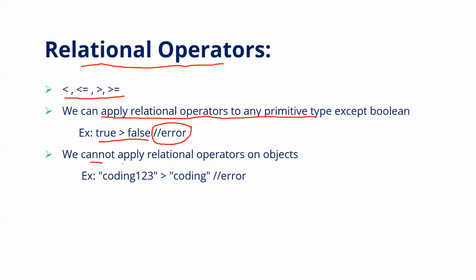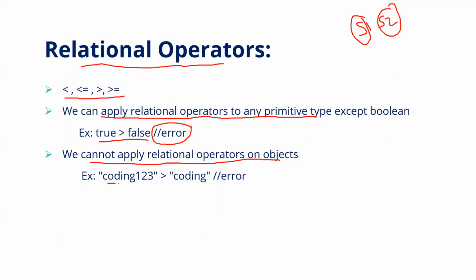Similarly, we cannot apply relational operators on objects either. How can we apply relational operators on objects? For example, there are two objects, two students: student S1 and the second student S2. We cannot apply relational operators directly on students, right? Instead, we can apply the relational operators on their properties. If student 1 has a certain height and student 2 also has a certain height, I can apply relational operators on their properties, like student 1 height is greater than student 2 height, student 1 weight is more than student 2 weight. Like that I can apply on their properties, but directly I cannot apply the relational operator on objects.